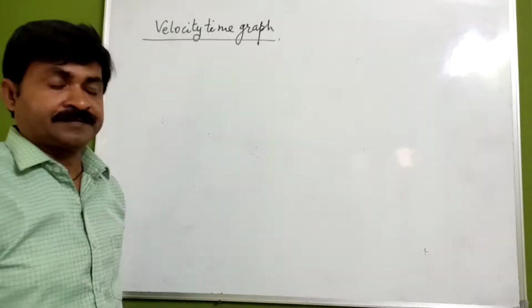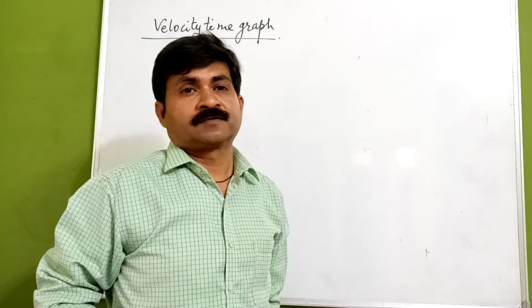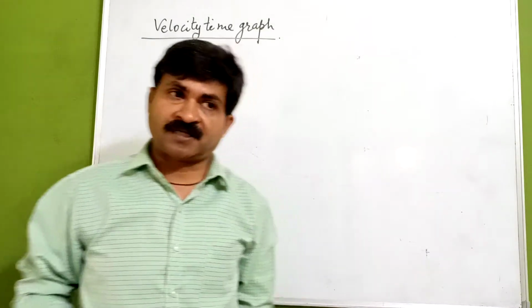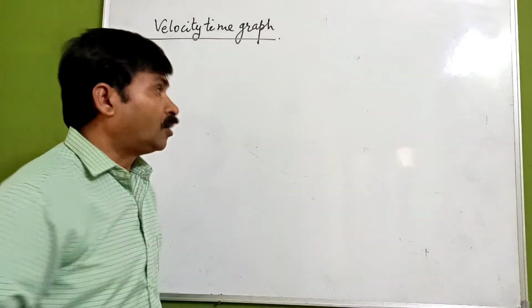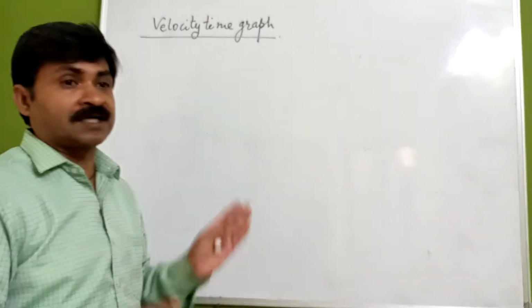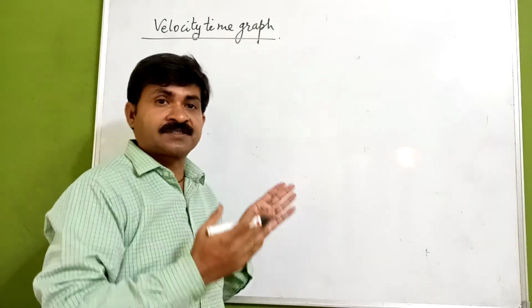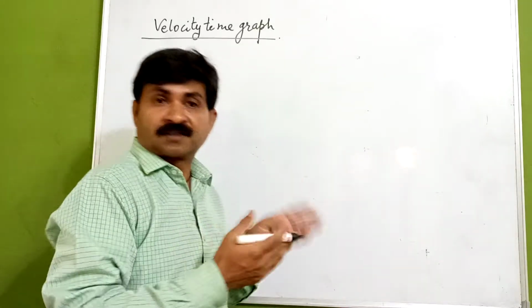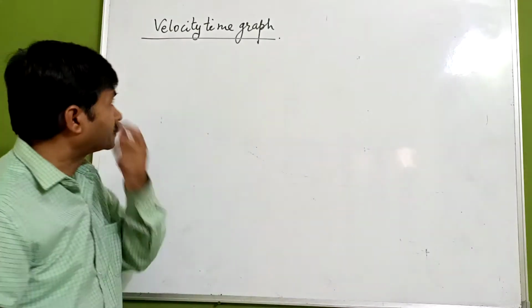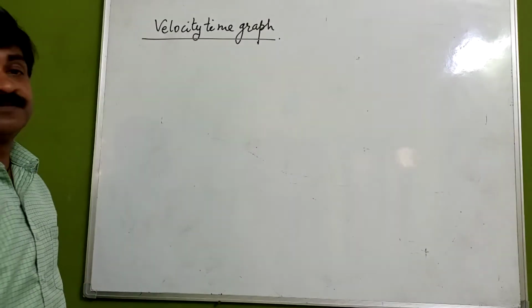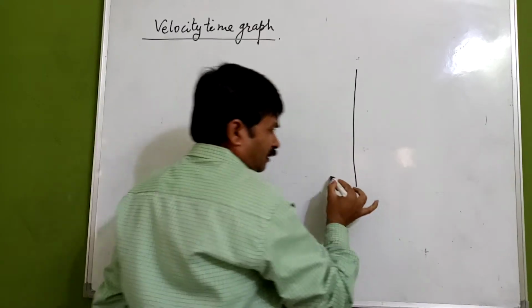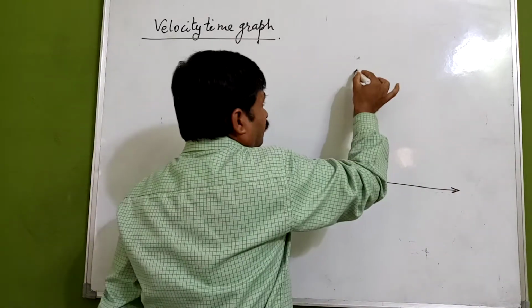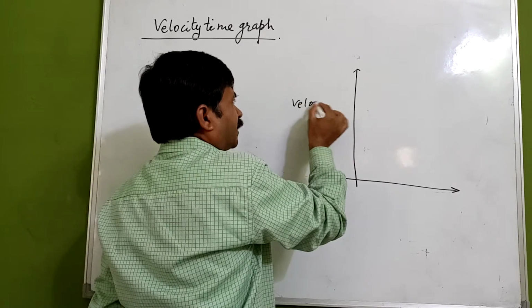Velocity time graph. In previous lectures, we have talked about position time graph. In position time graph, we come to understand how position and time are related. Position and time give us the relationship for the speed, for the velocity. Now if we go with the velocity time graph, it will give us the relationship between velocity and time, and it is defining